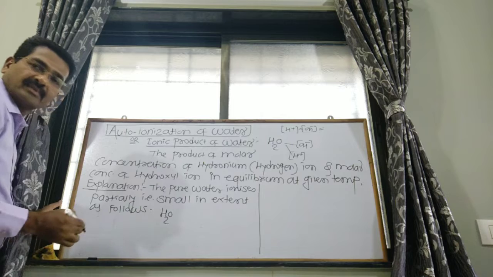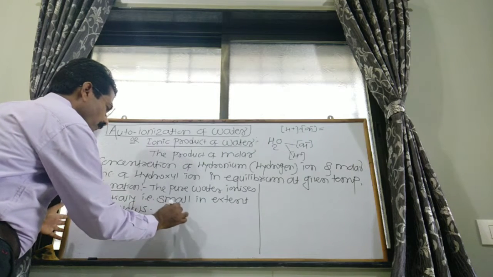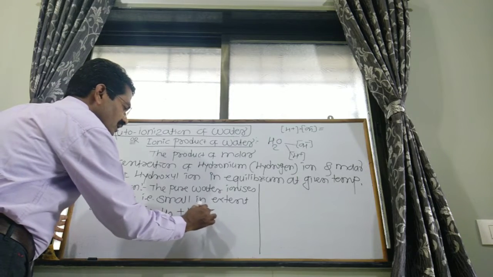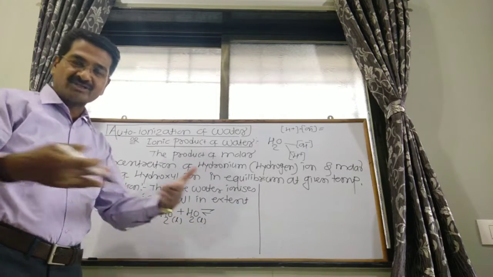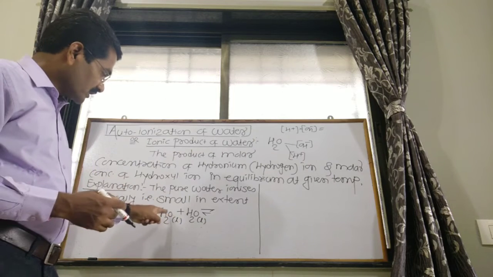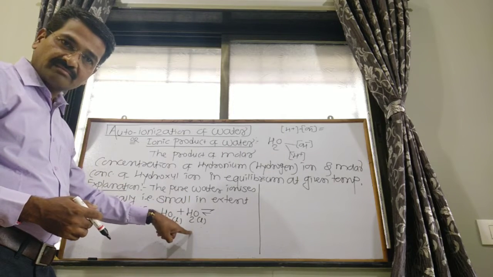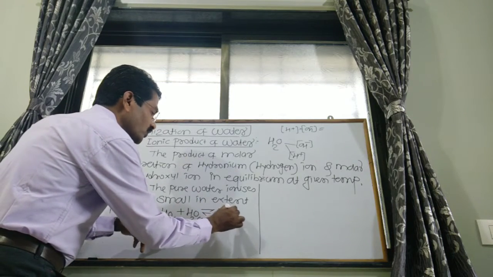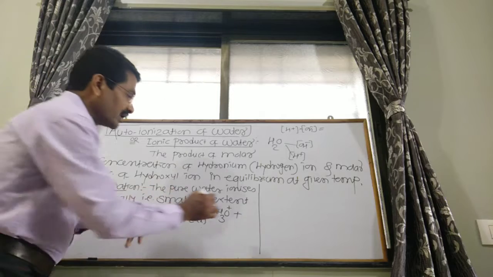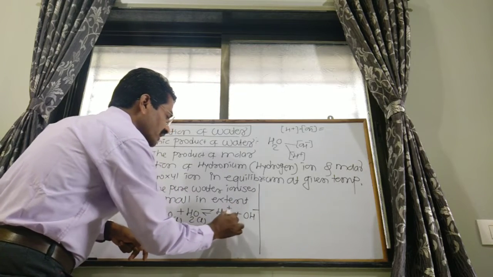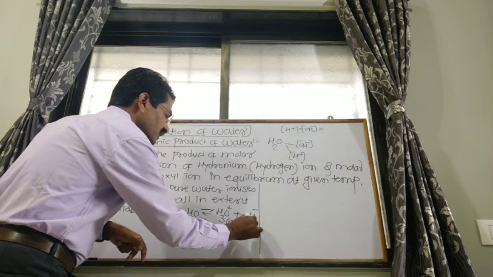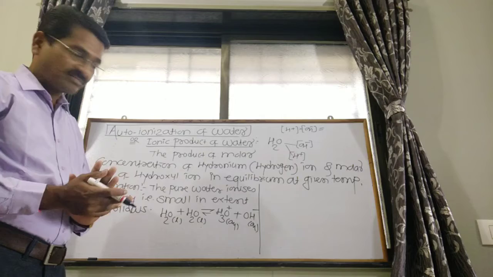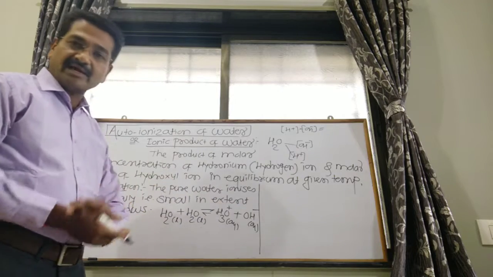H2O, pure water, plus H2O, liquid. Two molecules of water can combine together. Then, this pure water dissolves in another water and gives H3O plus, the hydronium ion, since one proton is given, and OH minus ion in aqueous solution. So this equilibrium is obtained when water dissociates or ionizes into hydronium ion and hydroxyl ion.